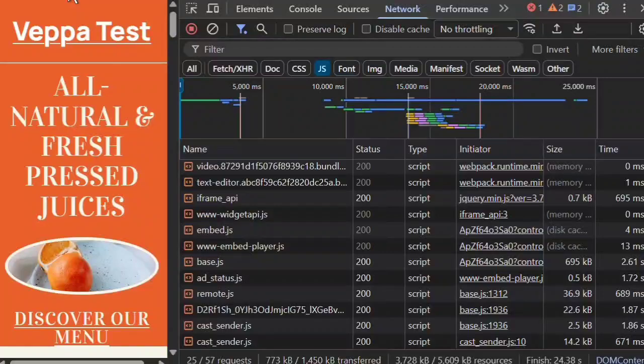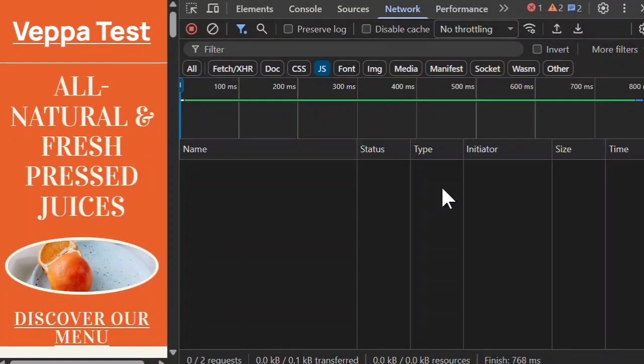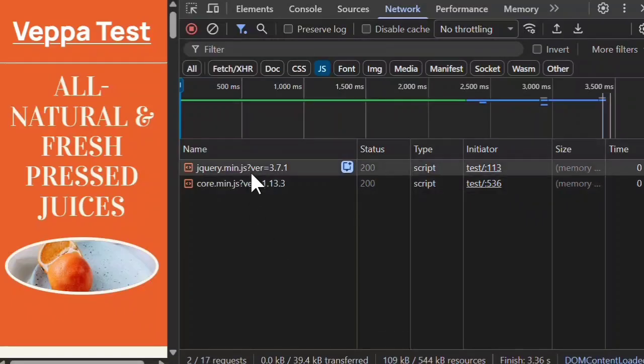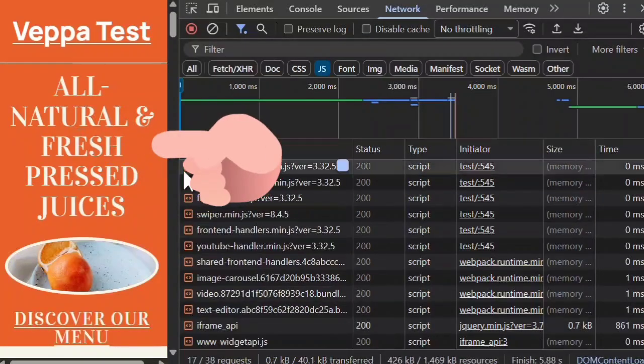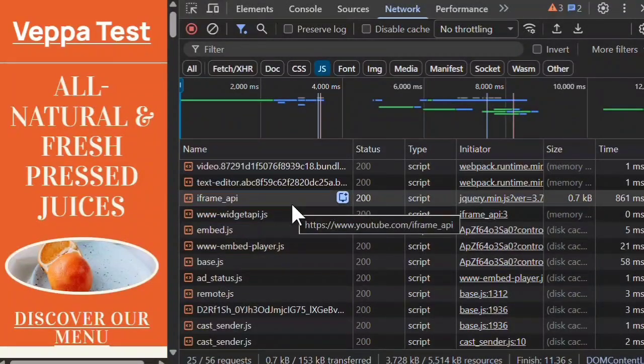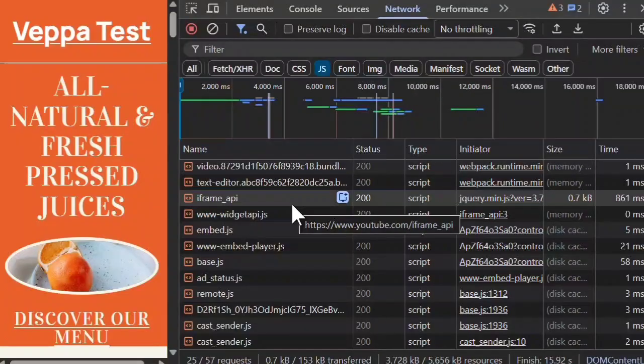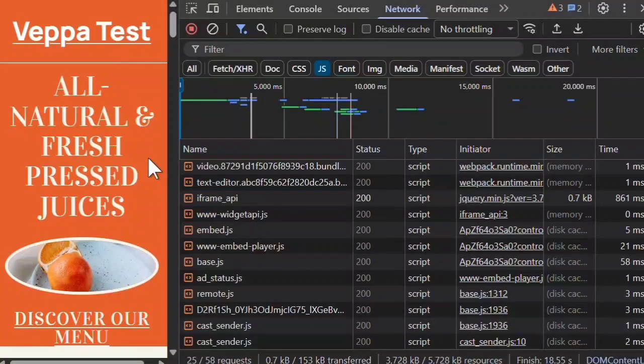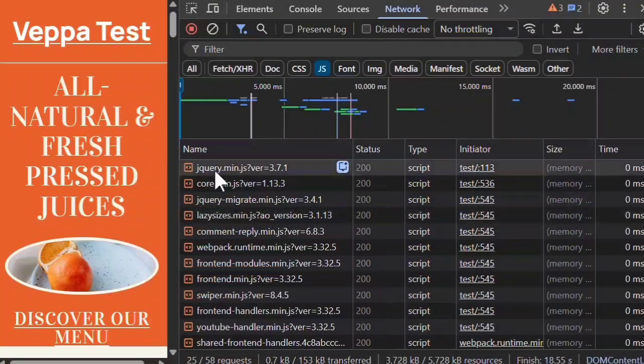So that's how truly lazy loading happens. It will load after 5 seconds, or if I make any movement on the page, it will load. So here only 2 loaded, and I move. After I move, all other JavaScript files start to load. So instead of loading all 25 JavaScript files without waiting, my setup loads only 2 JavaScript files, which is jQuery